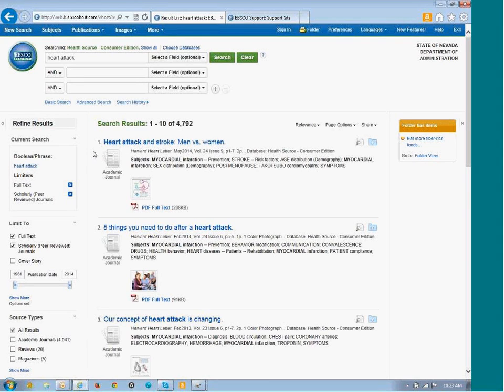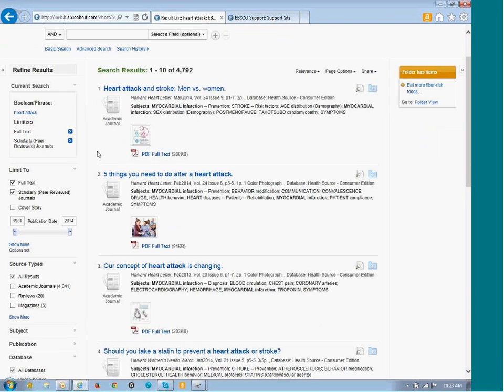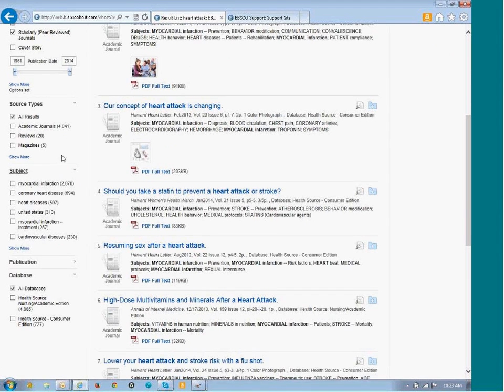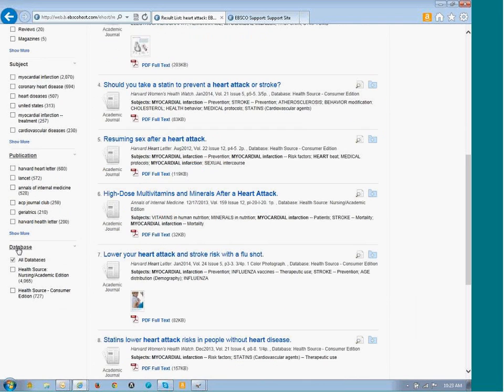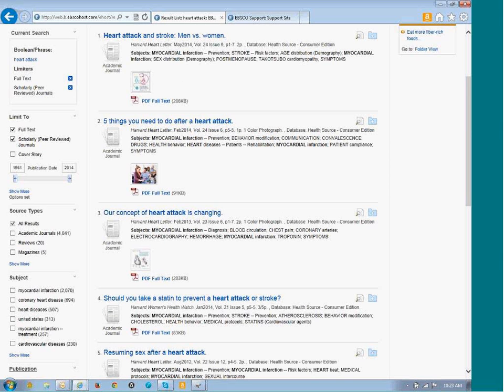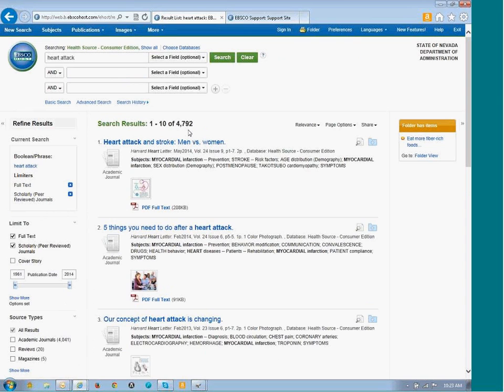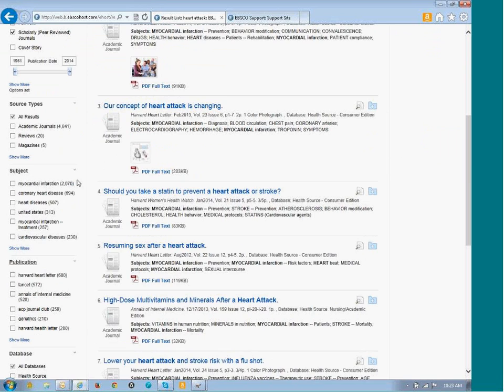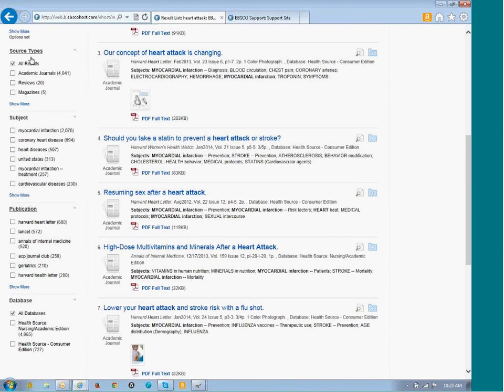Now this is what I'm going to do. I'm going to do something a little bit different. I'm going to scroll down, and then what we call these facets, and clusters, some people call them clusters, are ways to narrow your search down further, particularly when you start with a keyword. So we just used the keyword heart attack, and you can see we've got 400 full text articles. But if I wanted to narrow it down by a particular source,